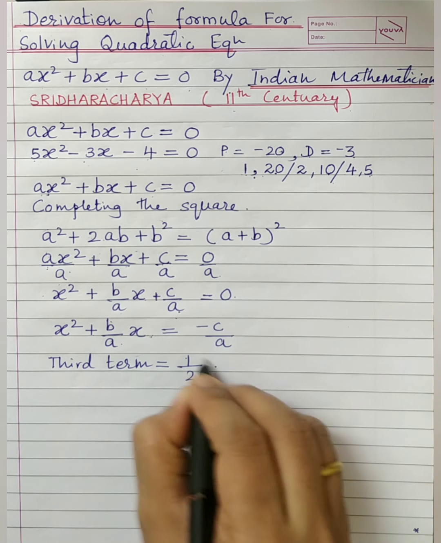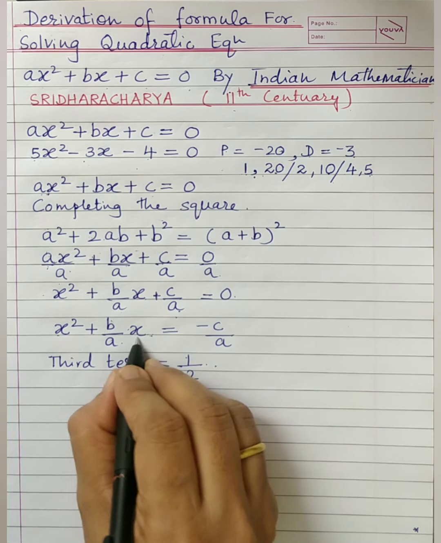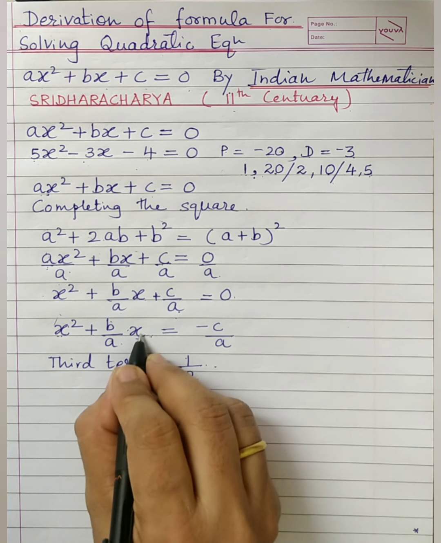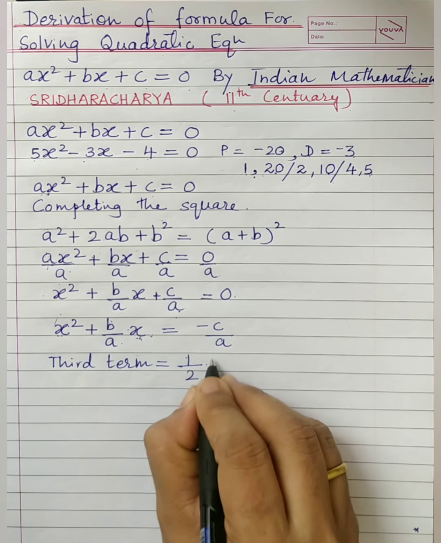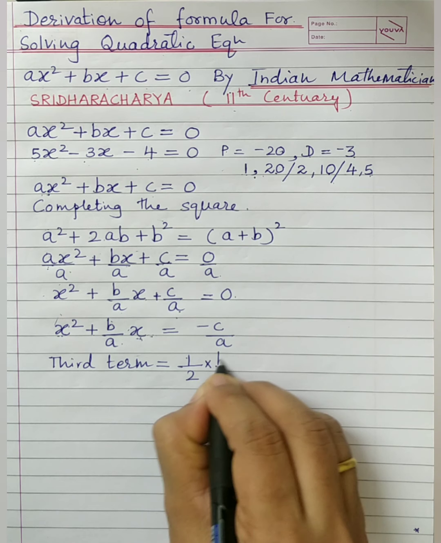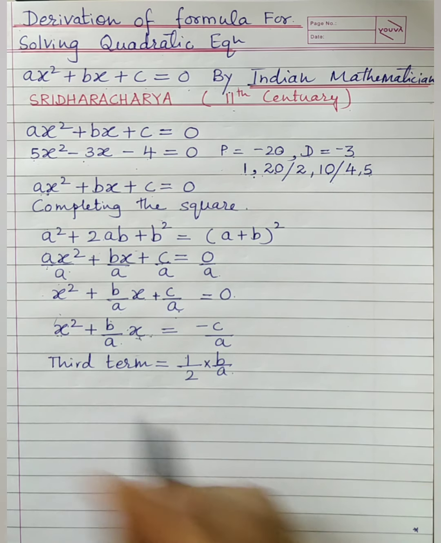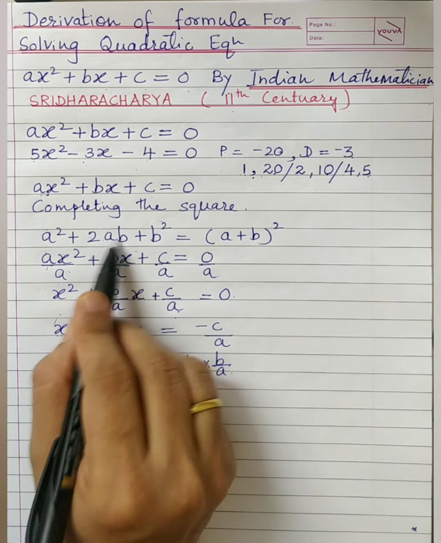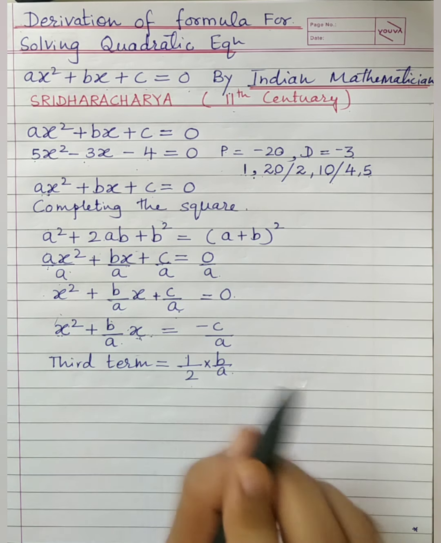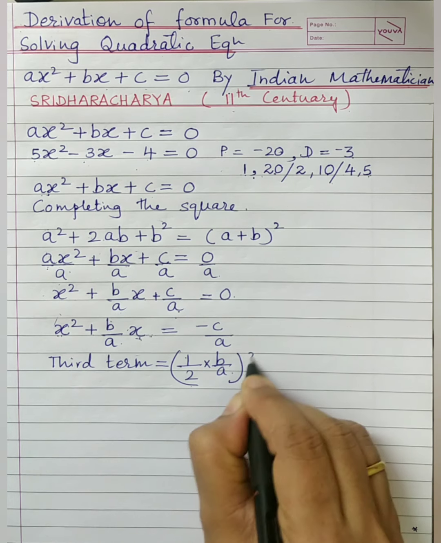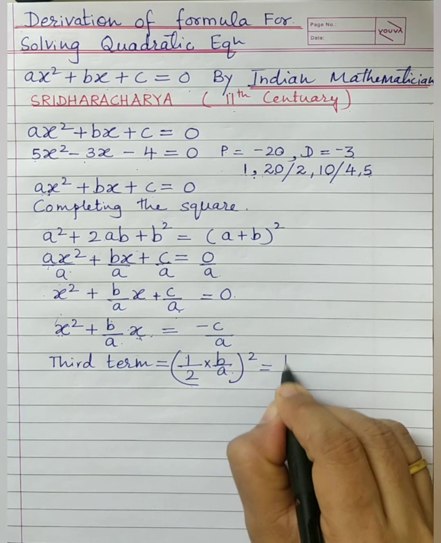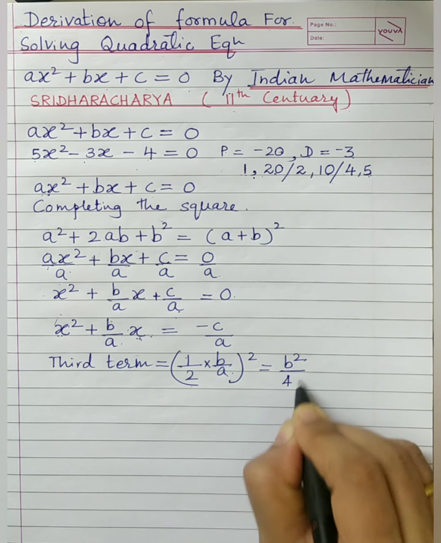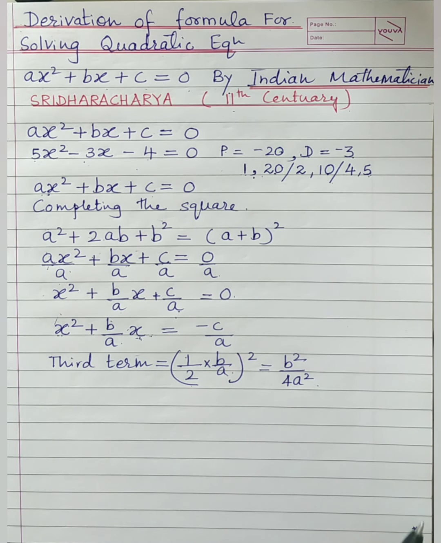Why a? Because a is already a perfect square term. So coefficient of the middle term, here a is what? A. Here a square, what is it? X square. So what is the coefficient of x here? B upon a. So multiplied by b upon a. In this case you will be multiplying it by b, right? So 2b multiplied by 1 upon 2b and its square. It will be b square upon 4a square.